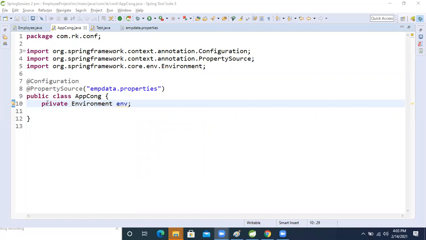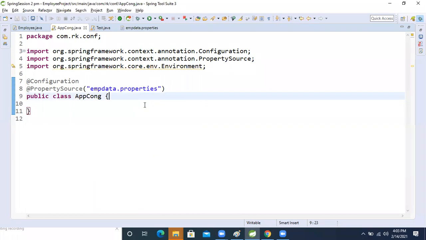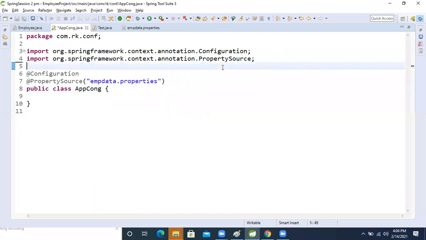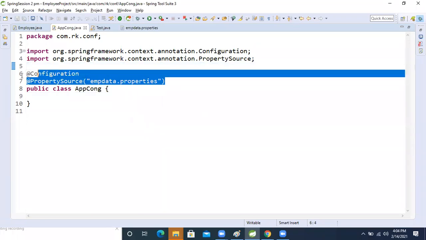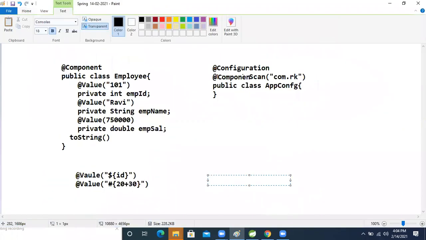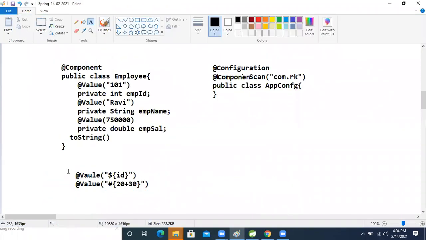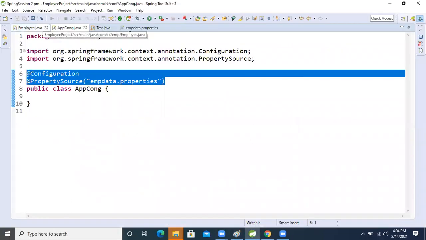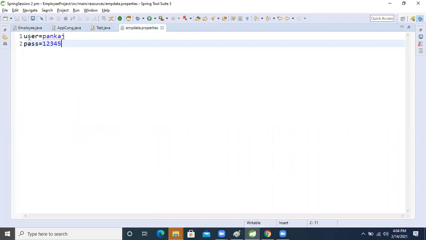Okay, but this time we will not take anything. We can't take it; we will just create this class only, and we will apply these two annotations. But just now I explained how to read the data, right? If we want to read the data like this, we know that in a property file, both are strings only: username, key and value. Our property file stores the data in key and value format, and both are strings only.